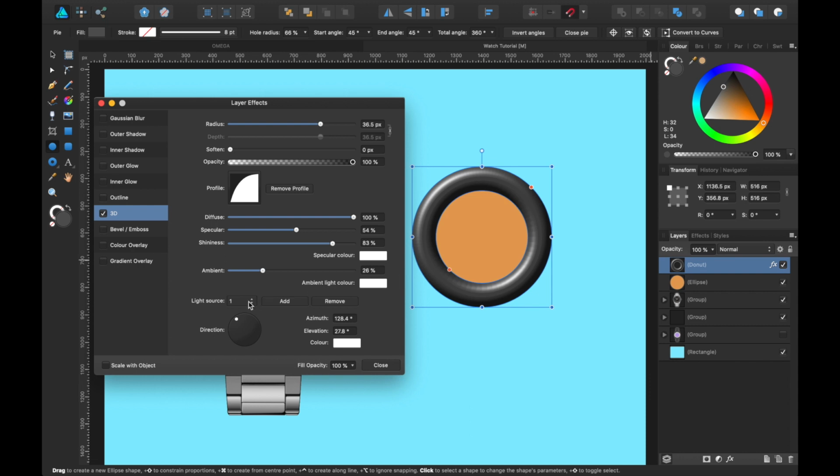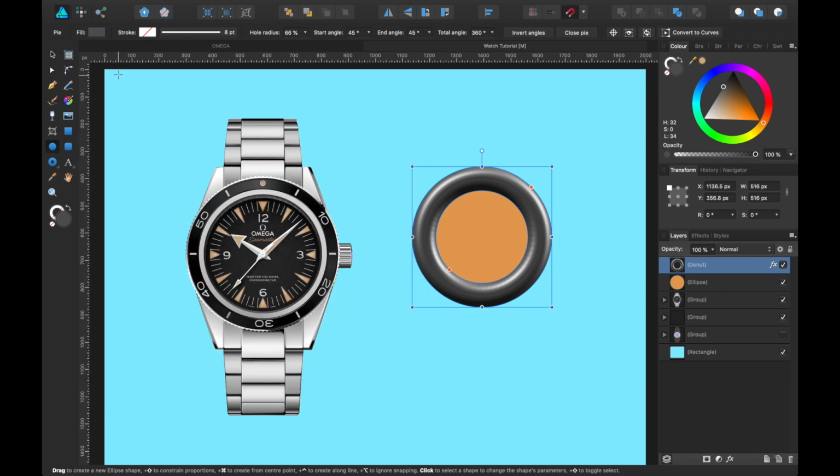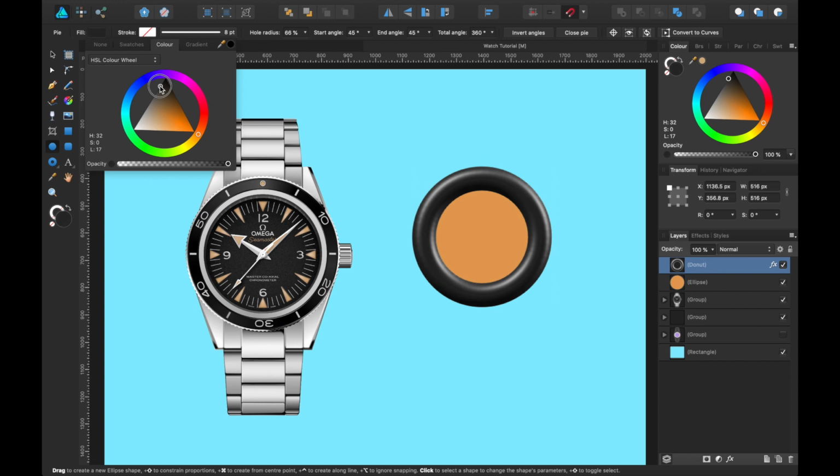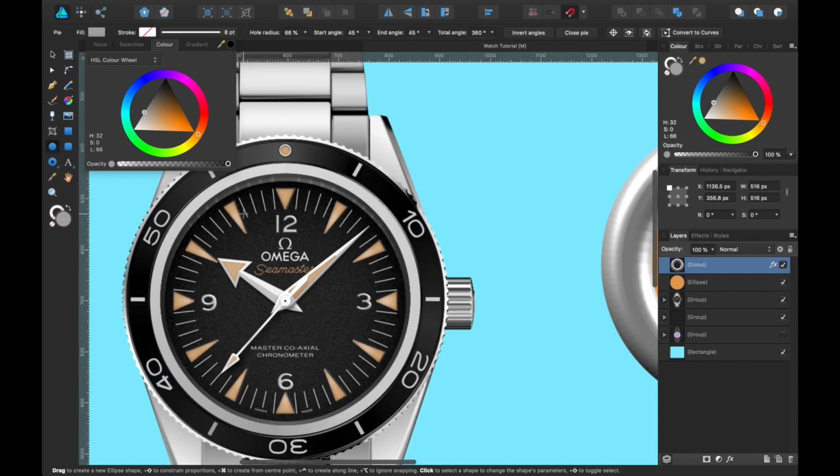You can also add more light sources. So there might be a source of light coming from another side. So we've got one coming down here. If I press Add, I can move it from here, there's another source of light. So there'll be more surface that is reflecting light. I'll leave that as it is for now. So that is how to make that bit 3D. If you're not happy with that color, go up to Fill and you can play around with it from there. So this is a bit more like how my one was earlier.